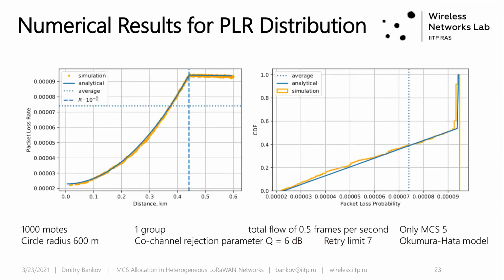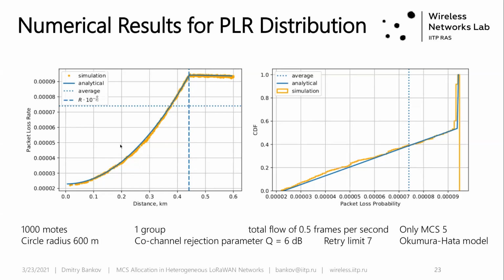Well, perhaps we could take this packet loss rate curve, and we could find this curve for different MCSs, and we could assign, for example, MCSs in a kind of ring structure around the gateway, like modes close to the gateway will get MCS 5. Next modes will get MCS 4, 3, and so on. But we try to do it, and